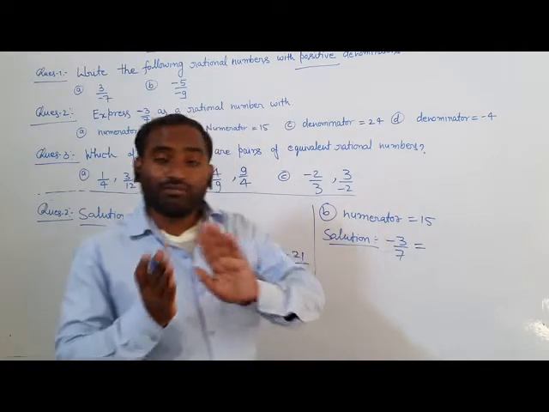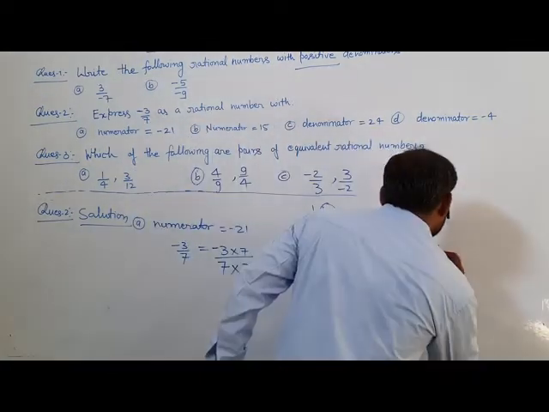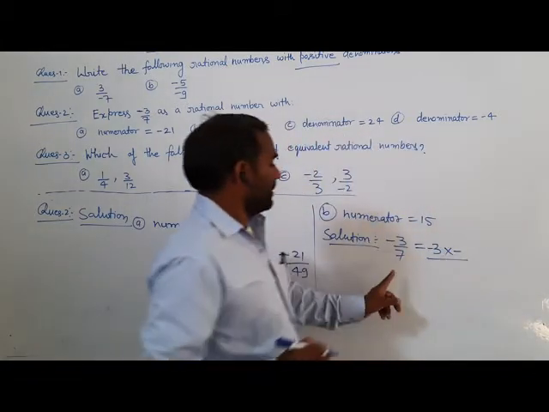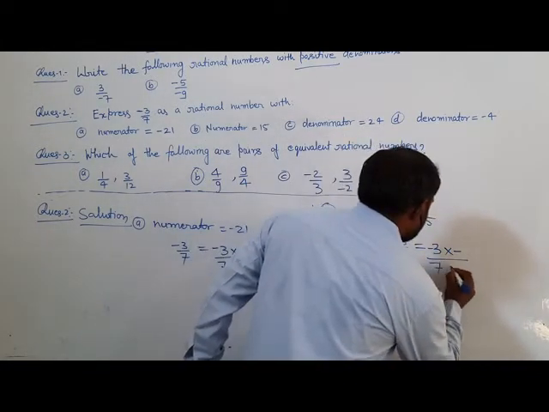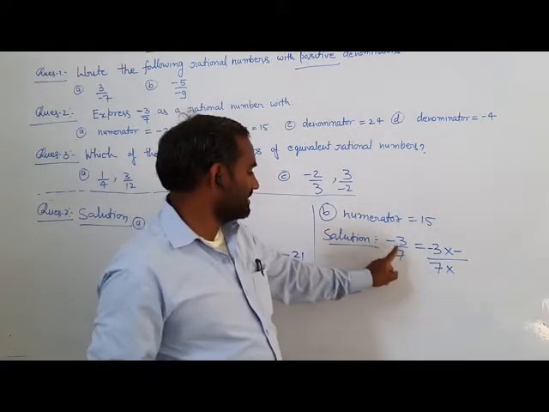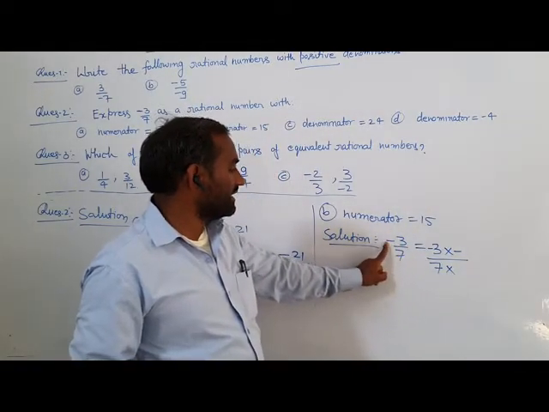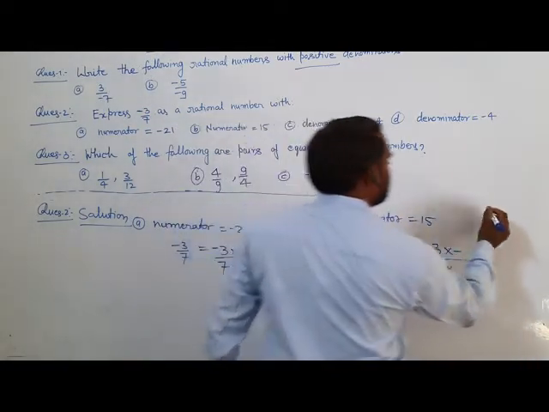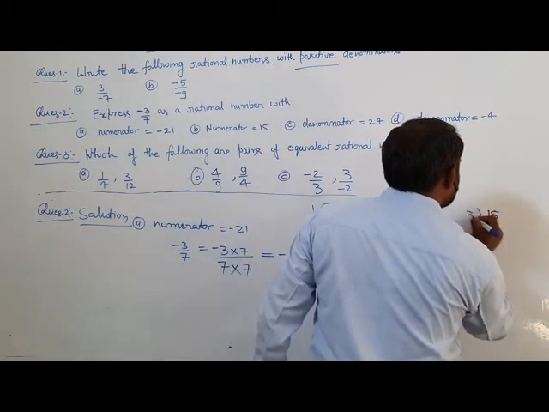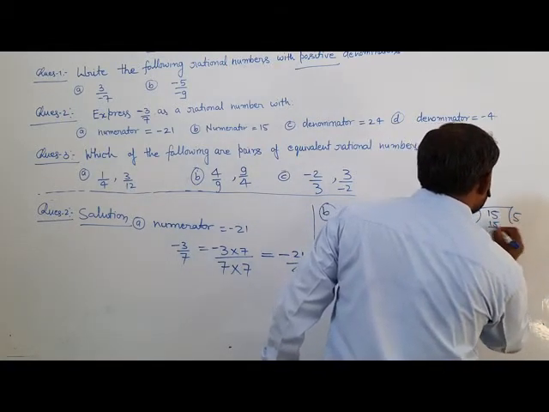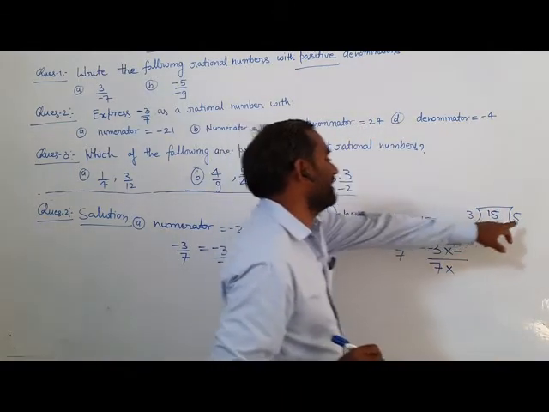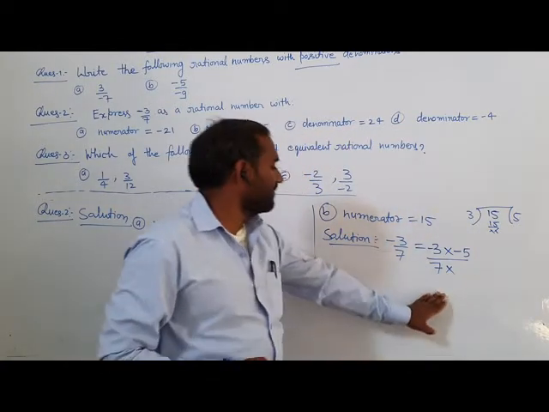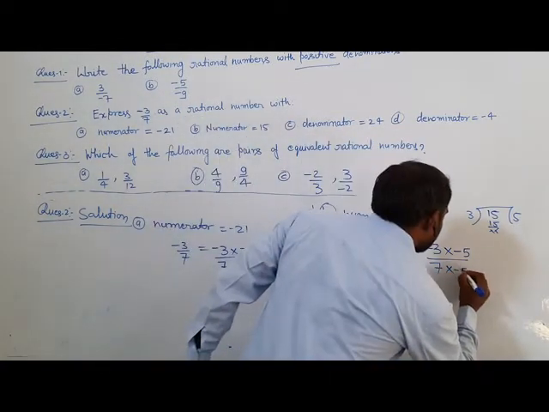So we have to multiply by negative. Minus 3 into minus, 7 into minus. The sign is clear because here minus 3 is negative, so you have to multiply by negative. Now divide 15 by 3. 3 fives are 15, so you have to multiply by 5. Multiply the numerator by minus 5, and you also have to multiply the denominator by minus 5.